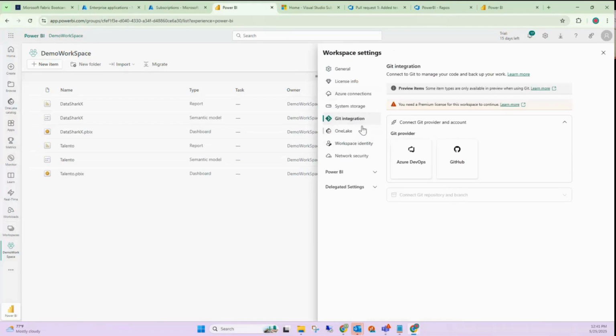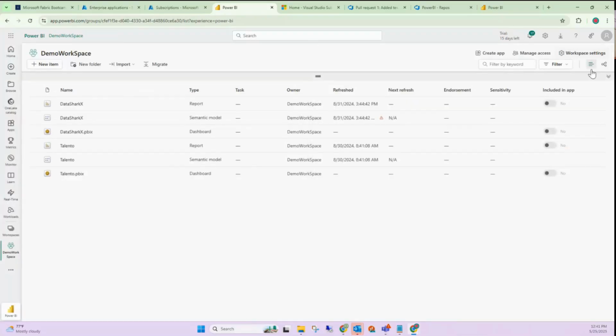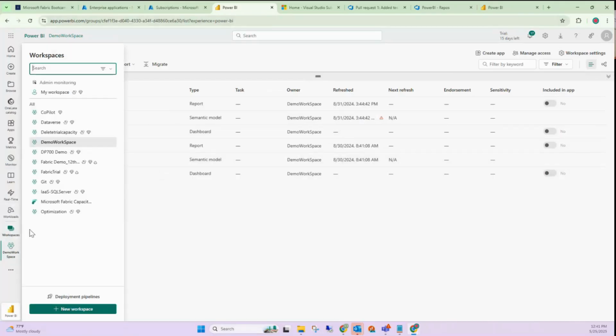Can you see when I click on Git integration, I get an error stating that you need a premium license for this workspace to continue. Premium meaning Git integration can only be enabled in the workspaces that have a dedicated capacity, like the premium capacity, Fabric trial capacity, or the dedicated Fabric capacity. So for that setting, I need to go to my